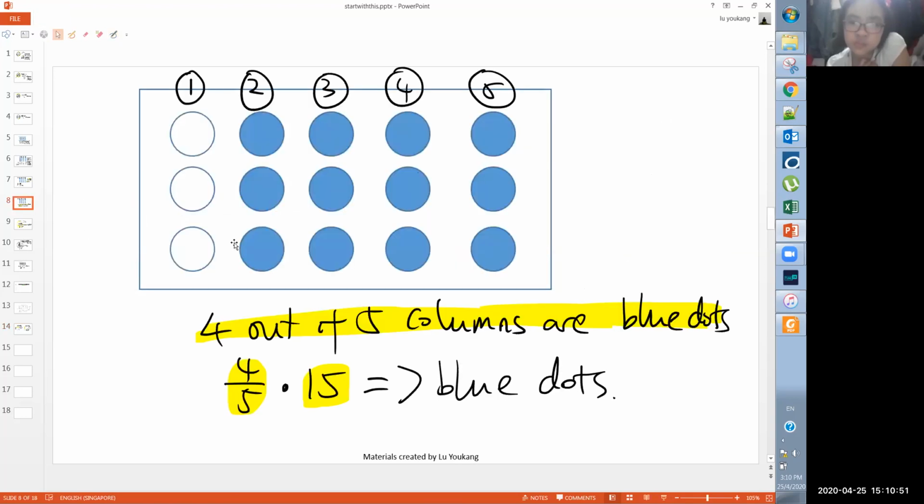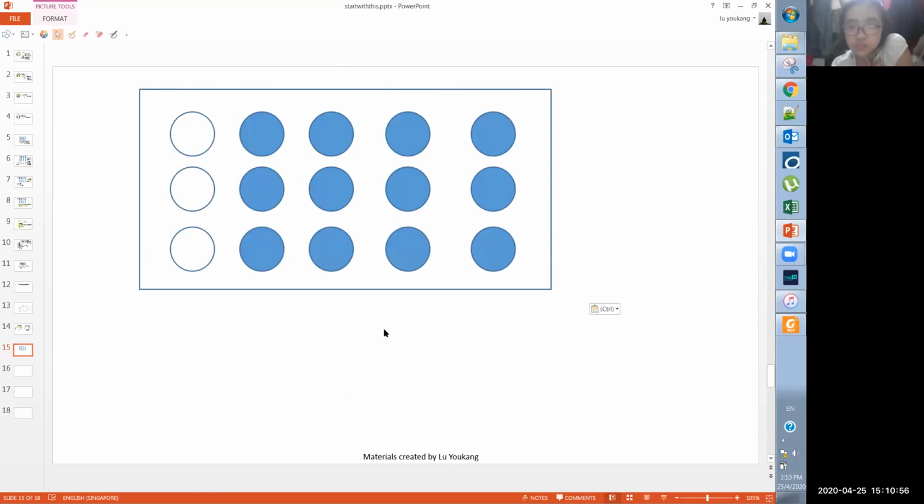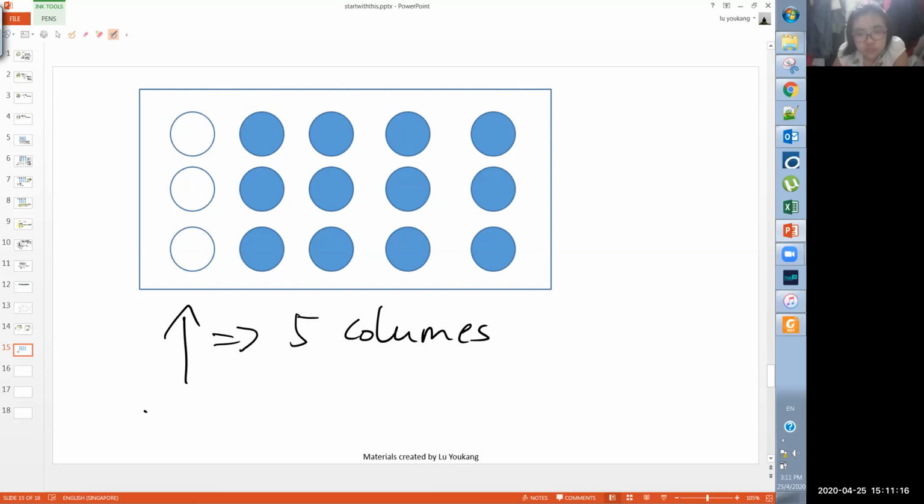Okay? Similarly, for this, if you look at it vertically, how many columns do you have? 5. Very good. If you look at it horizontally, how many rows do you have? 3. So what I'm trying to say is,